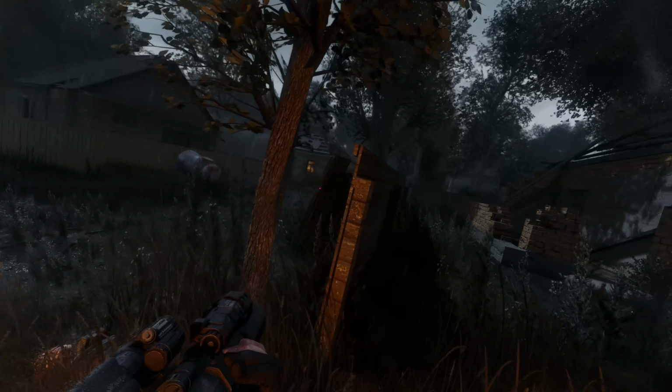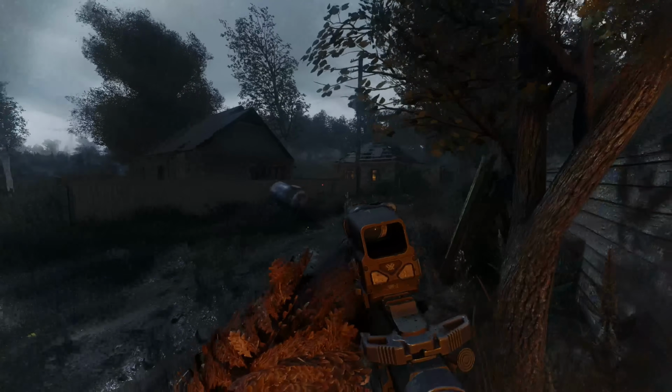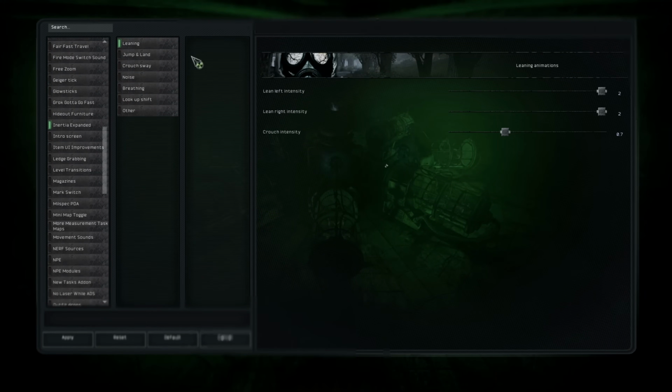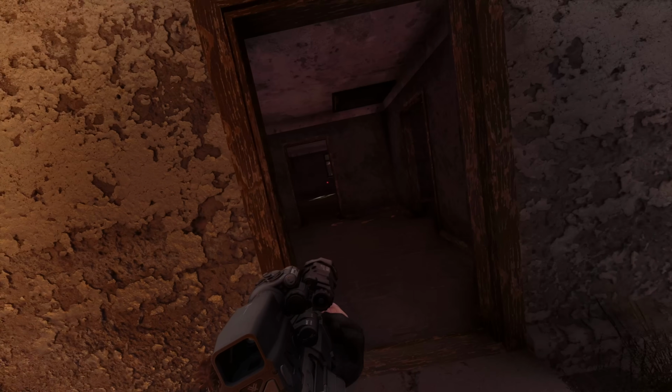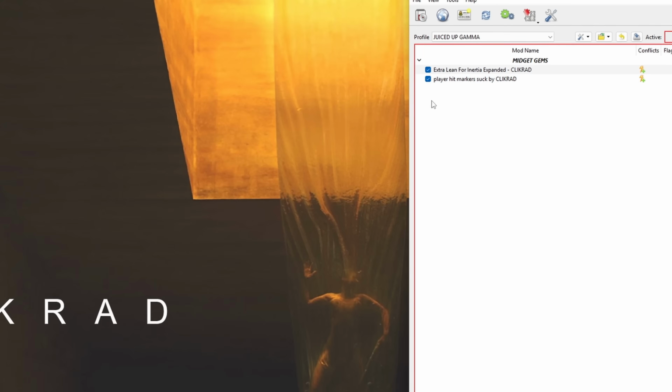But what about this lean? Well, it's actually pretty simple. You just go into the settings and into immersion and turn them both right up. From here, you now have a sick high ready, a sick lean. Clearing buildings just got a lot more badass. But if you want some extra cool guy lean,